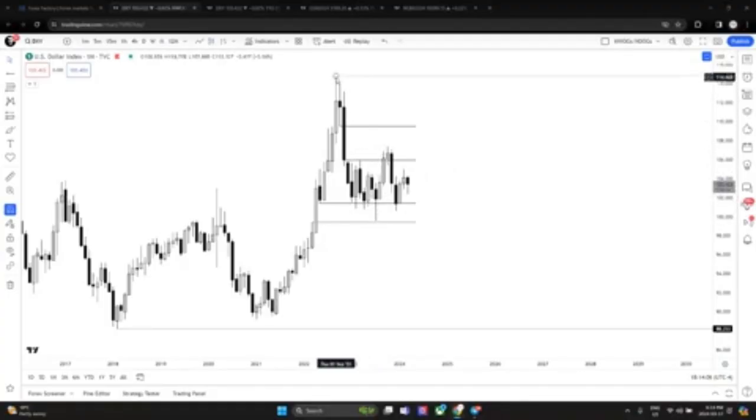Above here, there's liquidity, but also here and here, we have liquidity as well. Looking at price right now, just by looking at the monthly chart, I can tell that we have some, how would I say it, interesting times coming. Very interesting times, right? And why is that?